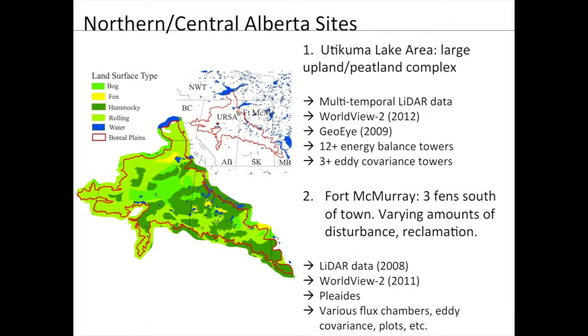GOI in 2009, this is for forest fire assessment. And then we also have more than 12 energy balance towers, covariance, hydrometric data collection, and so on. The second site is in the Fort McMurray area. We just looked at 3 fens. We've only just started looking at this, so it's kind of preliminary, but I'll show you what we've got there